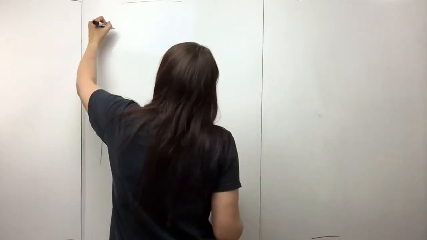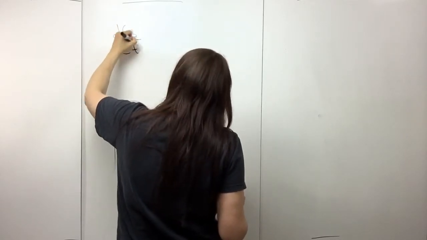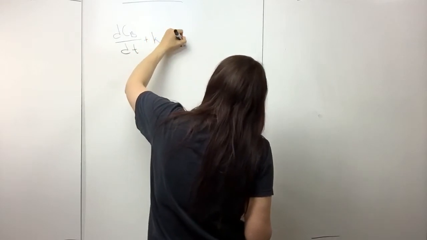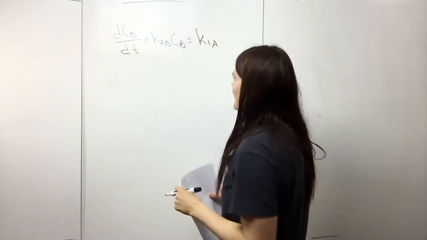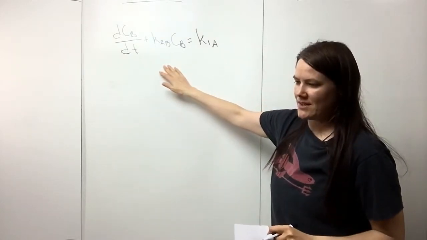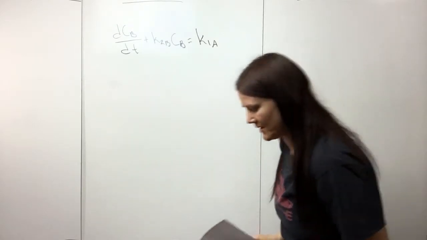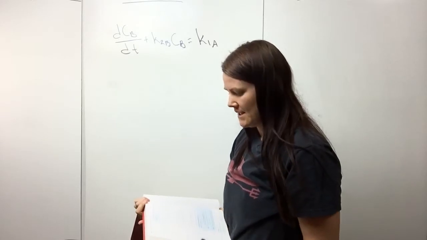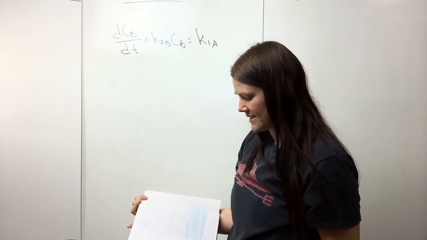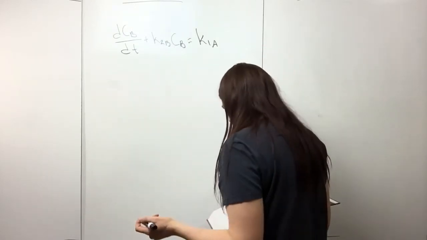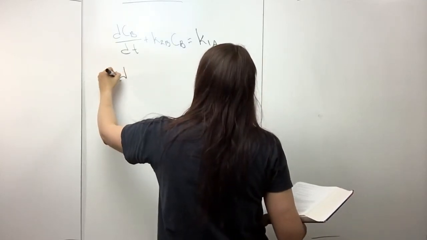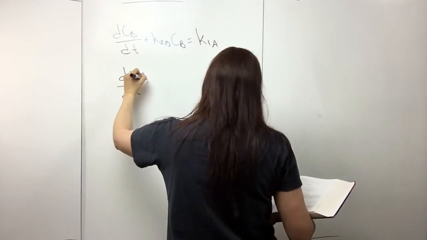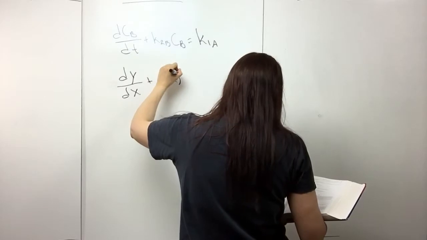So for number 2, I'm going to once again start with the actual differential equation that we're solving. So we had dCB/dt plus K2B CB is equal to K1A. So the problem with this differential equation is you can't just separate and integrate like we have been doing. If you want to review this, I just have this calculus book, but this stuff is also online too. So you need to use this method using an integrating factor. And if you look at this equation, you can tell that it's in this form: dy/dx plus p(x) y